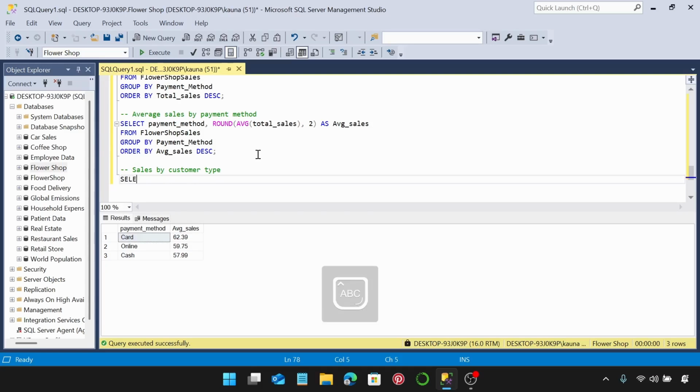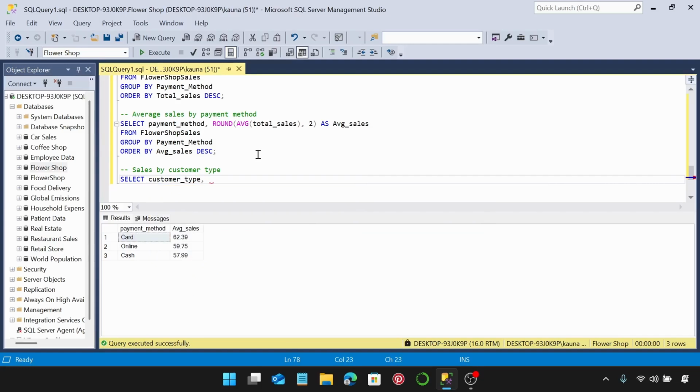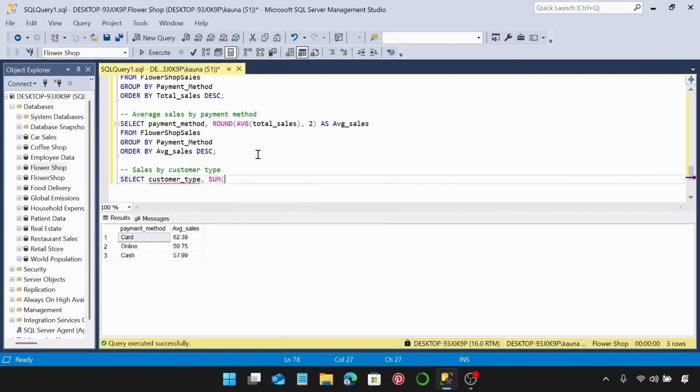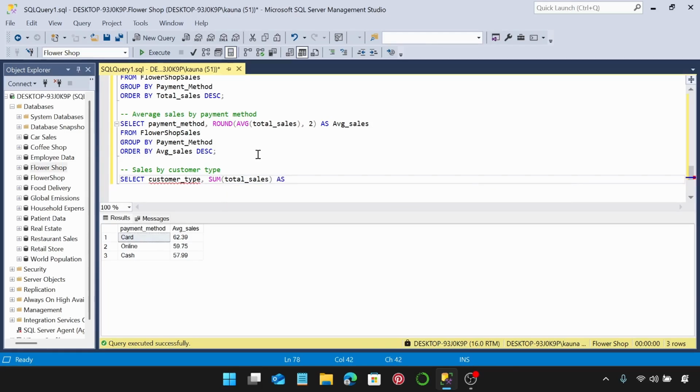Let's go ahead, select, we're going to select the customer type, and we're going to get the sum of our sales. So total sales, going to have it as total sales,